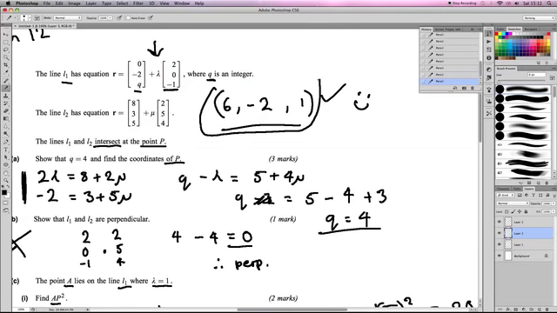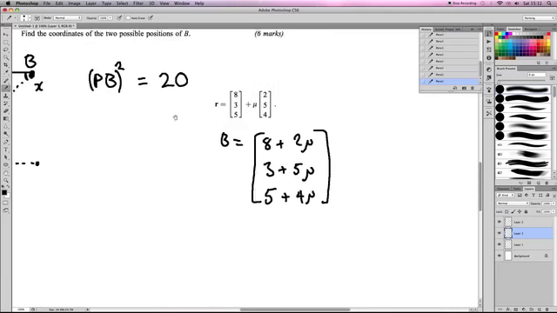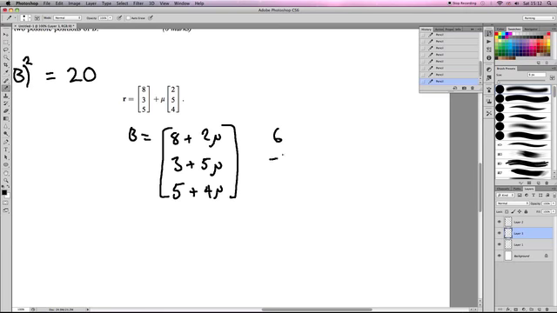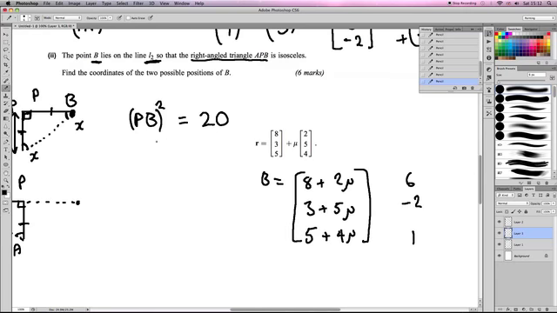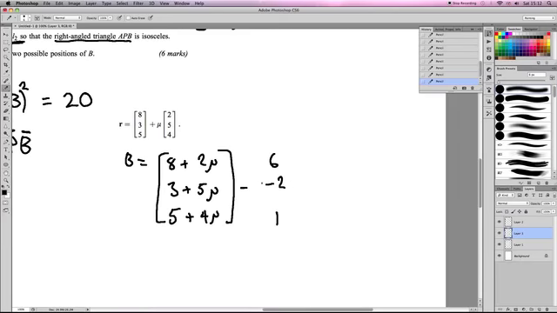Is that it? I should really label my answers. So 6 minus 2, 1. I think that's it. 6 minus 2, 1. And again, to find the vector P to B, I need to do B minus P. So I've got B here. If I minus P now,